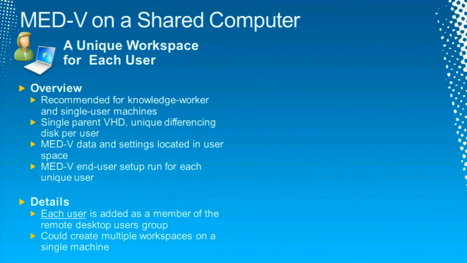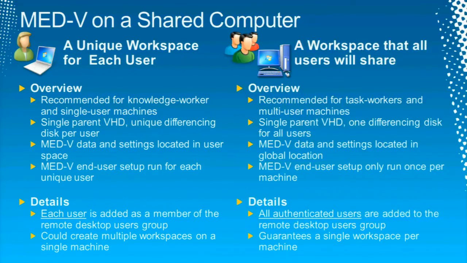And so if that's the situation, you don't have a lot of users logging into the system, maybe just a few, and it's the same users, then that's probably the way to go. If, on the other hand, you have a situation where you have task workers, and you have common use machines, and there's a lot of users logging into that system, and you don't want to have them be delayed with a first-time setup, then you can go with this option where you get a common XP workspace. And the first user that logs into that machine will have to run through FTS, but each subsequent user will actually log in and use that workspace